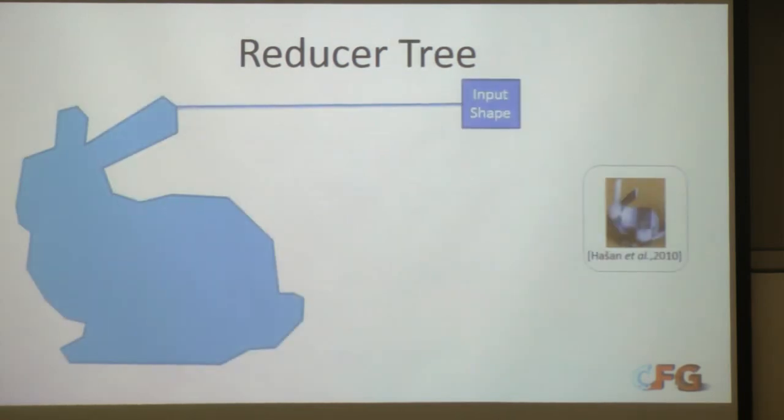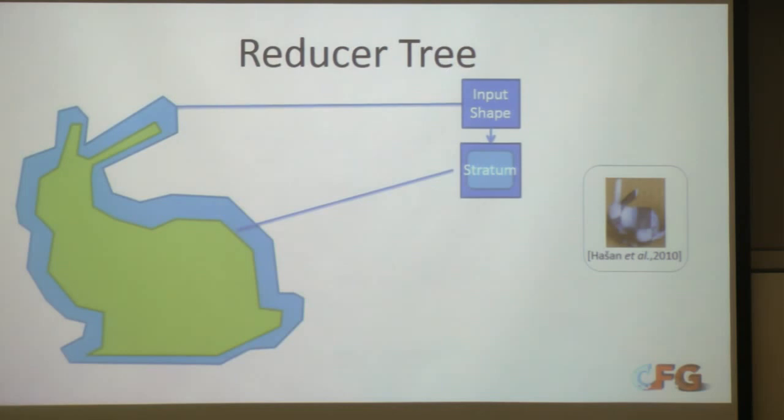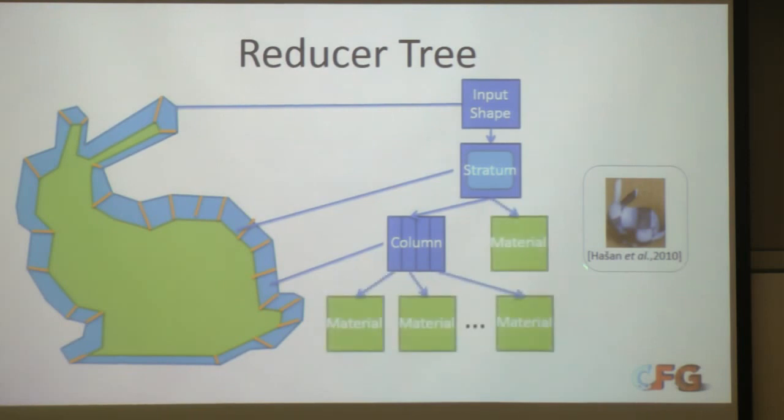We have taken one of the algorithms that we have designed, and we have tried to construct a reducer tree for this particular algorithm. First, we take an input shape and subdivide it using the stratum node. Then we take the external shell and subdivide it using the column partition. We assign just one material to the stratum core in this case, because for this particular application the internal material doesn't play that much of a role. And for each of the columns, we assign these layered material structures. So it's a fairly simple reducer tree, but it already provides